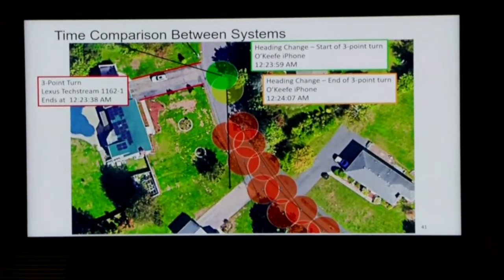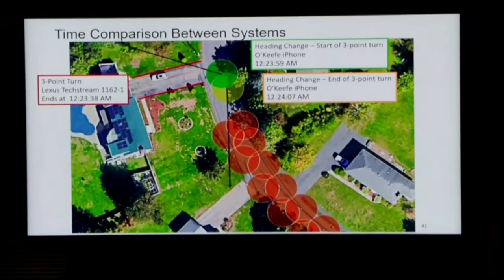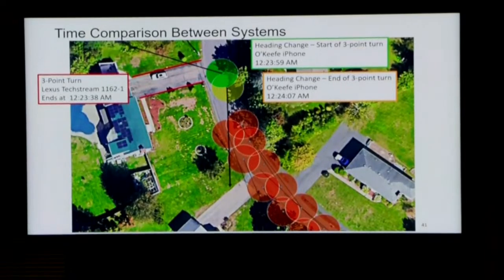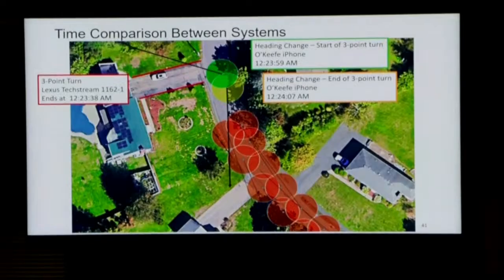And what we've done is we've cleaned out, or just removed, for the sake of simplicity, the other points leading north to this point and the points leading south. Those are going to be those 0 mile per hour indications. So what we're looking at is the heading change and that speed change, which occurs at 12:23:59.